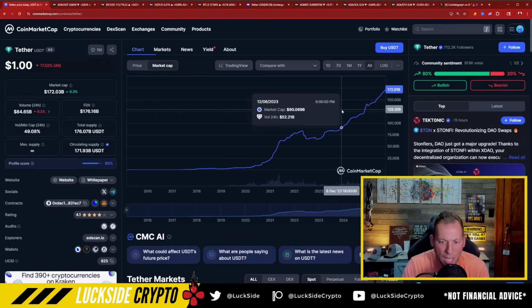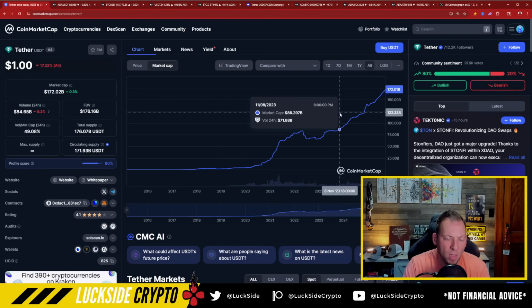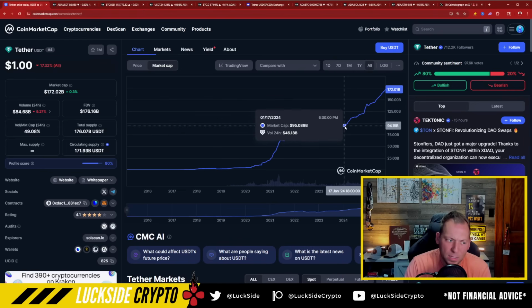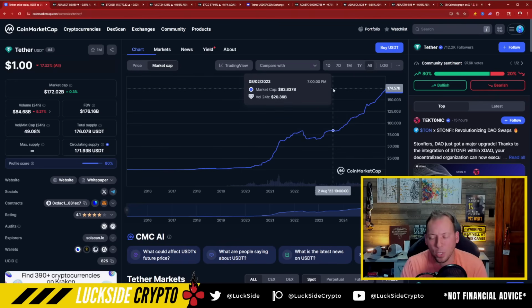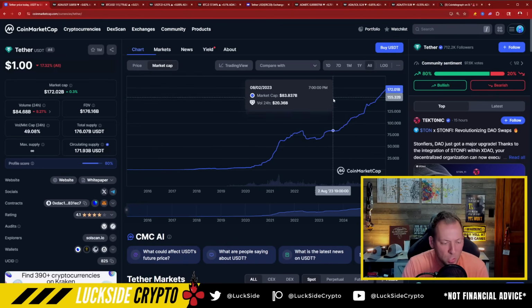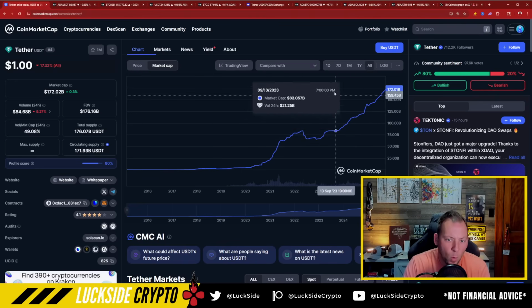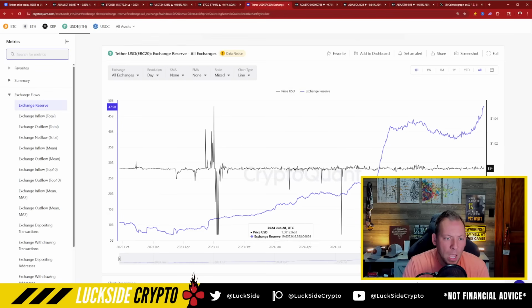We obviously know there's been a lot of stablecoin minting going on, and we've actually seen this double. We've seen the total market cap of USDT actually double since that period of time. And I was like, okay, that makes sense. There's been a lot of introduction of institutional money. There's been a bunch of enterprises entering the space. But what I found next was even more telling.